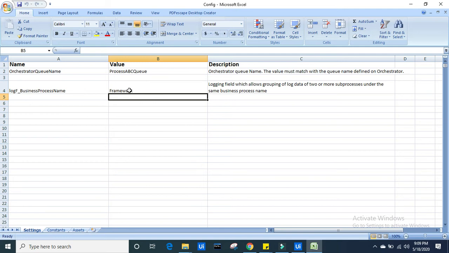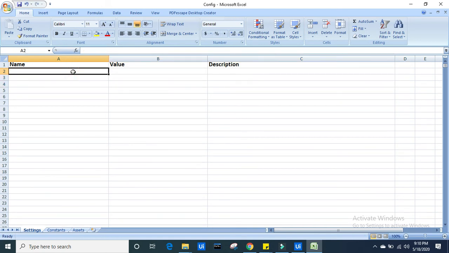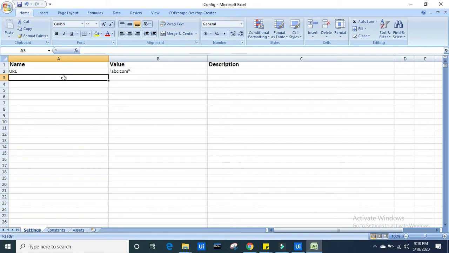Here is a file wherein you can define a kind of global variables. For example, URL. What is the value? You can define abc.com. Then you can also define user credentials. So this is just a configuration file, which has got all the configuration settings. You can consider this the master file in terms of credentials or data, or you can give the path of your Excel file. If you're using Excel, you can do whatever you want.